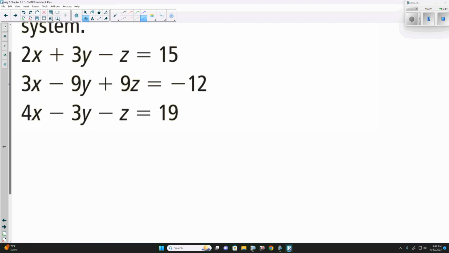Now, let's look at this next one. First thing we need to do is write the augmented matrix. So across the top for the first equation, we have 2 from 2x, we have 3 from 3y, -1 from z, and 15. The next one we have